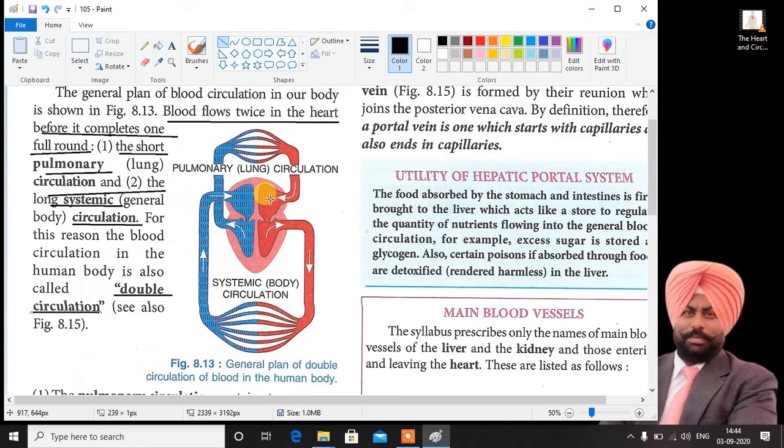Now, the blood moves from the left auricle to the left ventricle. From the left ventricle, the blood is transported to the various organs of the body, and from those organs, the blood again moves further to the right auricle. Here you can see, again there is a circulation from the heart to body parts and again it enters the heart. But the left ventricle has to distribute the blood to the various parts which are even at the farthest point also. Therefore, this circulation is called systemic circulation and it is known as long circulation.